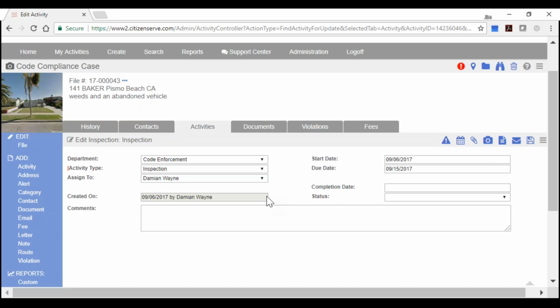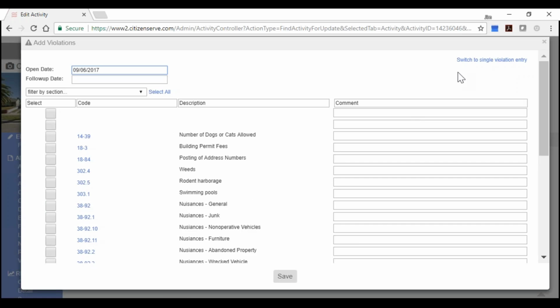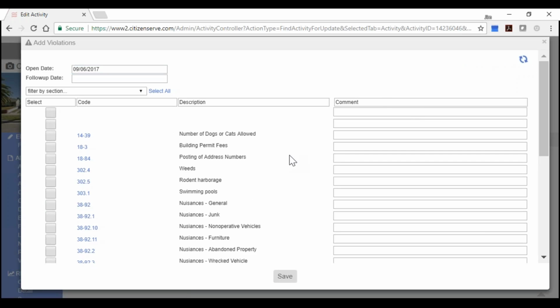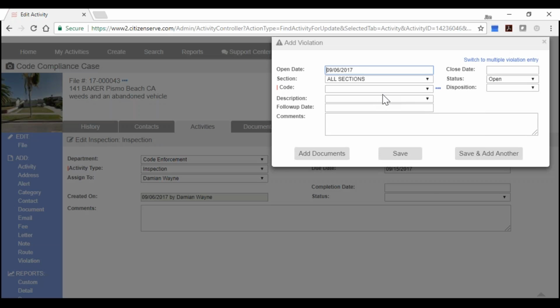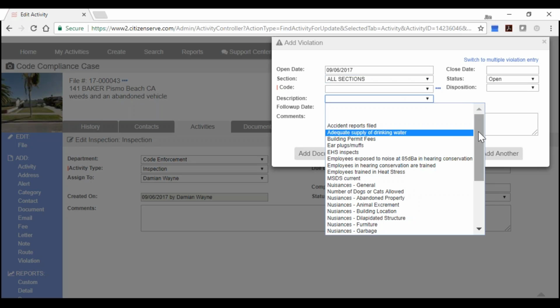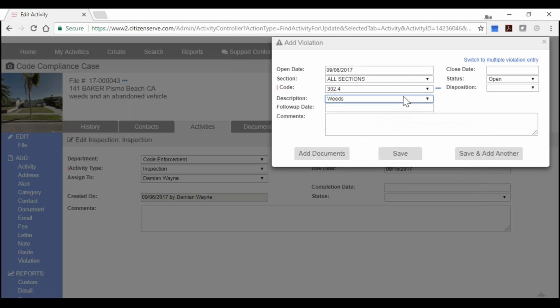We can also do forms with the activities. Some of our rental inspection folks do a complex form made up of custom fields. So let me go back to this violation thing here, and I'll switch back to single entry. And so you can add the code. You can have different sections like property maintenance and health and stuff like that. You can pick from the short description. And let's put in homeowner